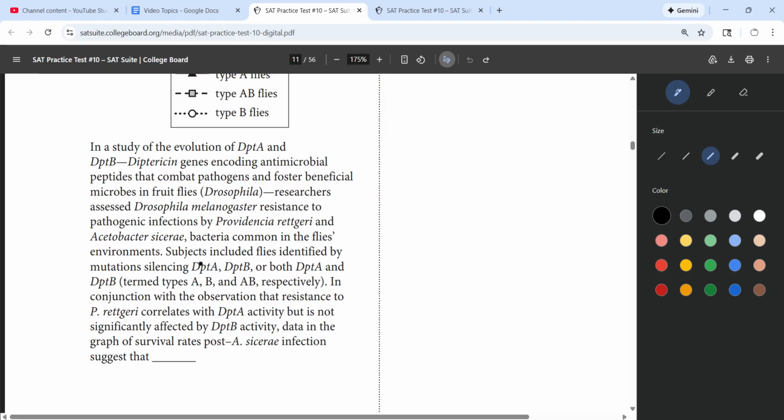Got it. Subjects included flies identified by mutations silencing gene A, right? DPTA, that's the gene. So gene A, gene B, or both gene A and gene B, type A, B,